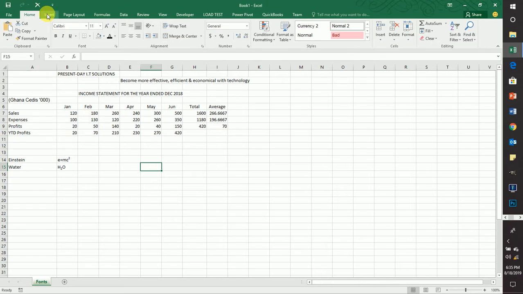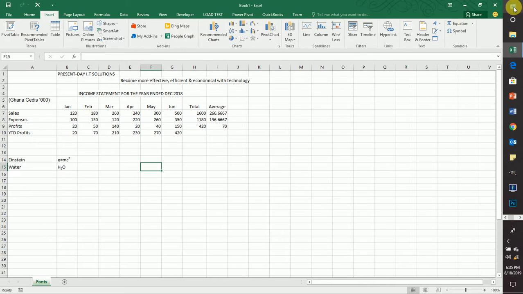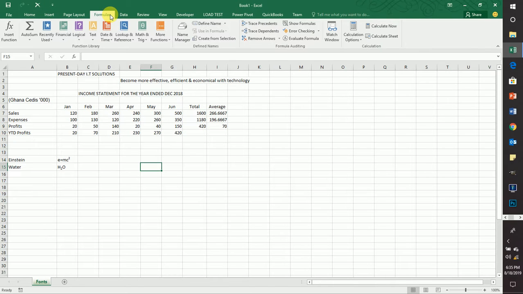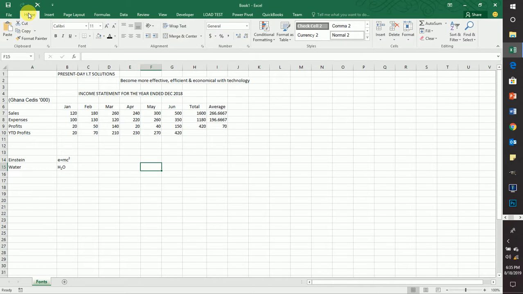So in Microsoft Excel, on top here is called the ribbon, where the file, the home, insert, page layout, formulas, they are all tabs within the ribbon. And within each ribbon there are groups. Like so for the home tab, for instance, we have the clipboard group, the font group, the alignment group, the number group, and those tabs, the editing group. So today we will be concentrating much on the font group,